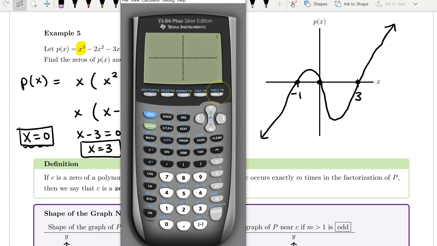If I push graph in the top right corner, we'll get that. And I want a little bit of a better picture, so what I can do is click zoom on the top middle, and I want to set it to zoom standard, because that usually gives me a 10 by 10 window. So let's try that. If I push enter now,